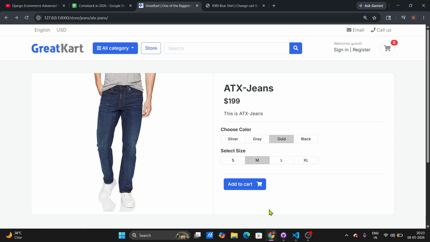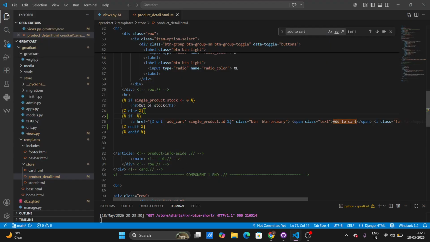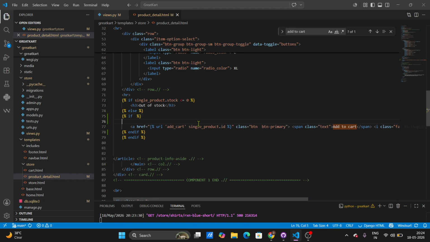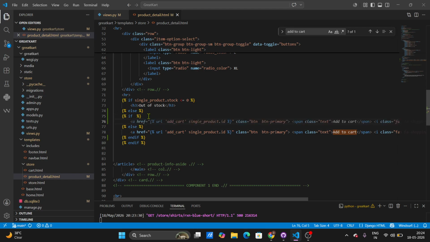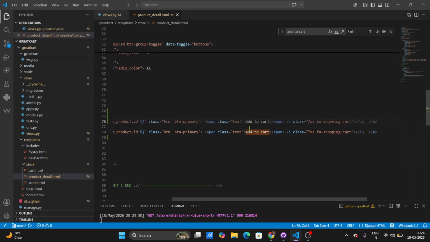Instead of this add to cart button, it should be like already added to cart. So for that, just keep this code inside our else block, and inside if just copy this add to cart. It is the same as below,